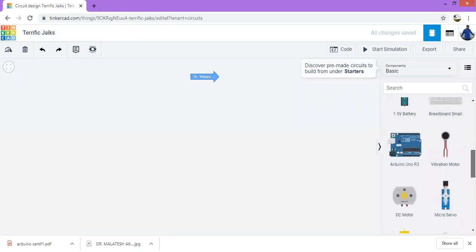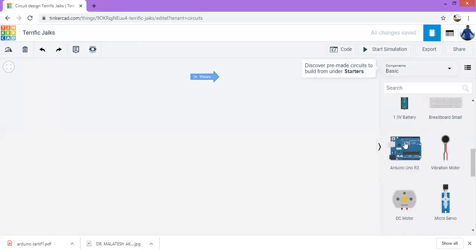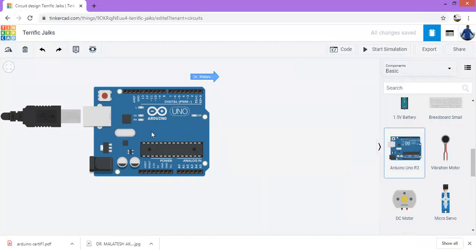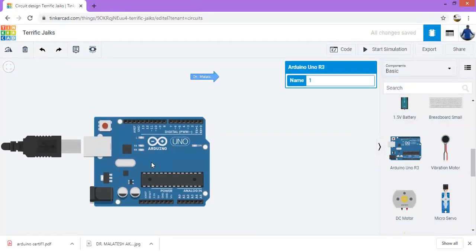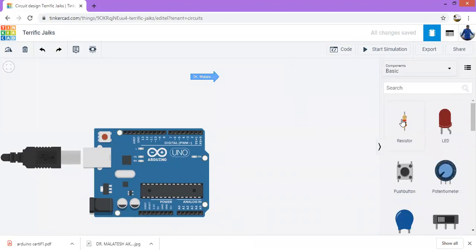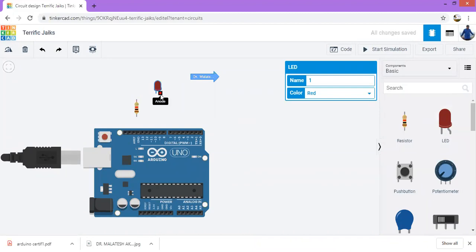There are so many components there. Just click on this Arduino board and take it, as you usually do with the other components. Keep it somewhere and take an LED, a resistor, and an LED. Try to identify which is the anode and which is the cathode, it is important. This is the anode, this is the cathode.